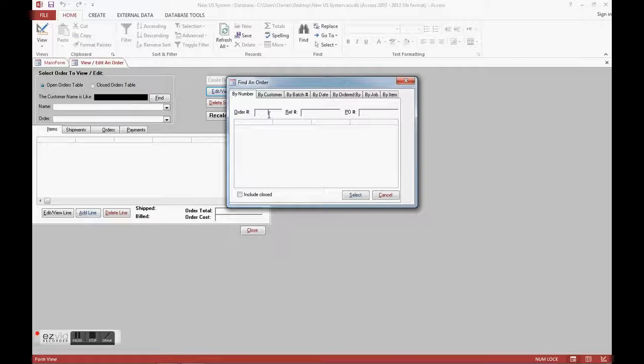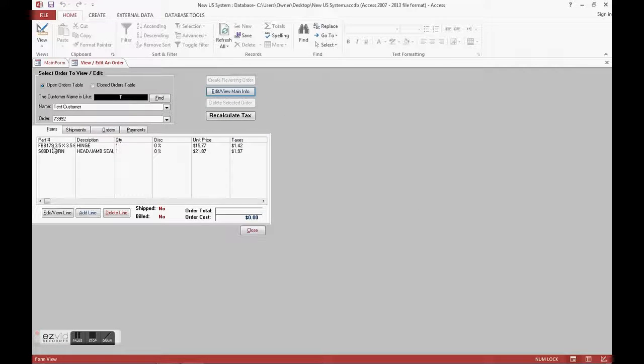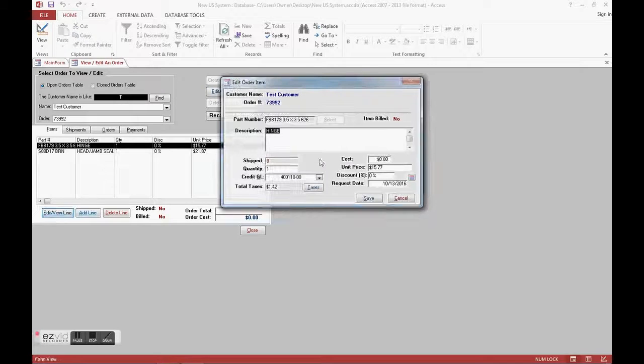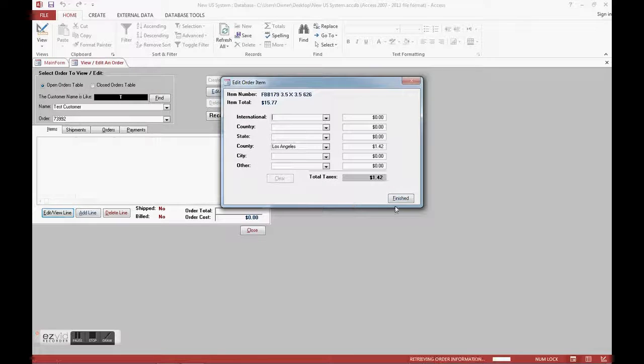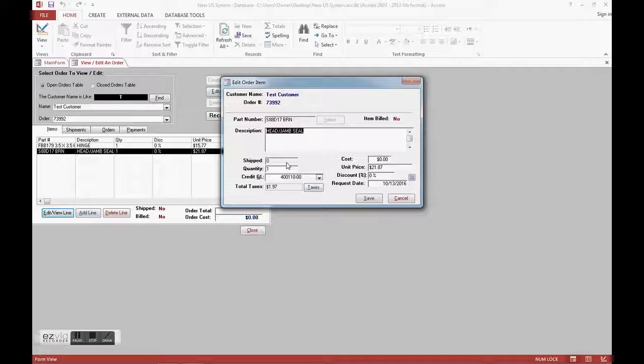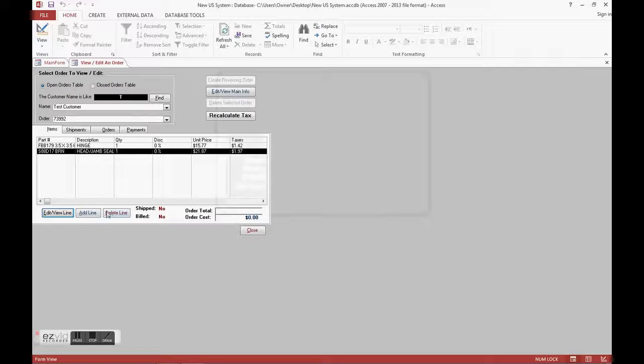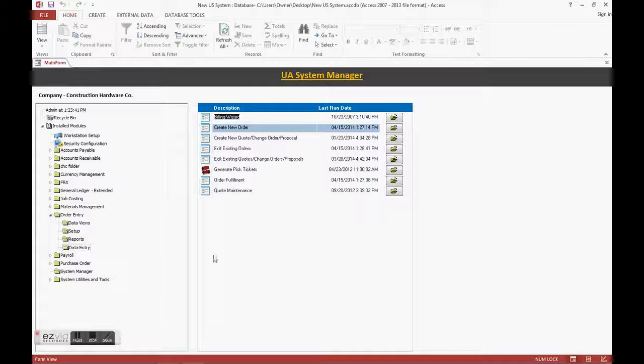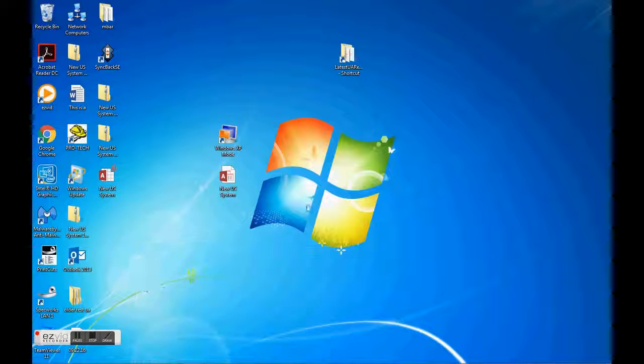So, okay, now we're going into the edit order and edit existing order, and then I'll click on the line item and say edit, and you can see it says 0. So I need that cost to show up from the table. Again, here's line 2, no cost. So that's my issue on this one. I just need to have the cost